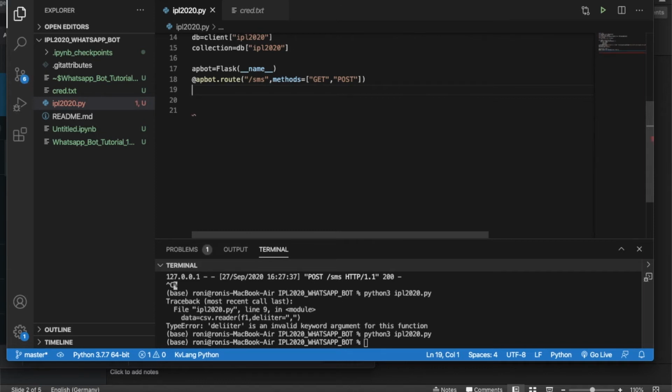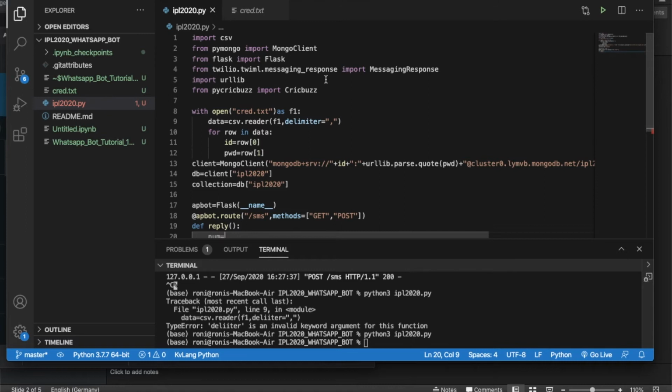Now I'll create a function, define a function. So maybe we can give the name reply. So def reply, like this, and everything will start from here. So first of all, num equals to... I forgot one thing, there will be something called request.